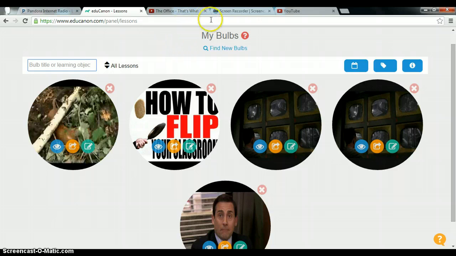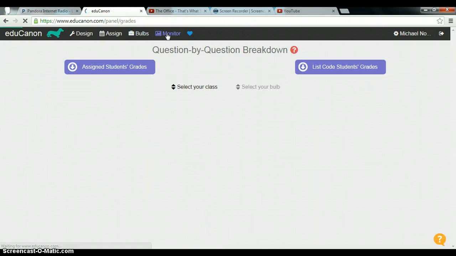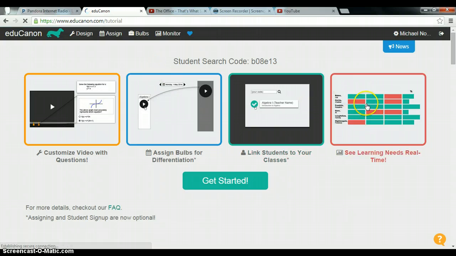And then one more thing, once you're there, you can go ahead and monitor the students. So once you have students in here, I don't have any students in here, but you'll come up and you can actually select the class. So I want to see core 2, and I want to see how they did on that Office lesson. If I had students in here, you would have all your questions along the top here, and they would say, oh, this student got the first 3 questions right, but the last one wrong. And you can break it down by question. So if I go back to my very first home page, it will look a lot like this. There's student names, and the green means they got it right, red means they got it wrong. So you can kind of assess where they're at with the standard for the day.